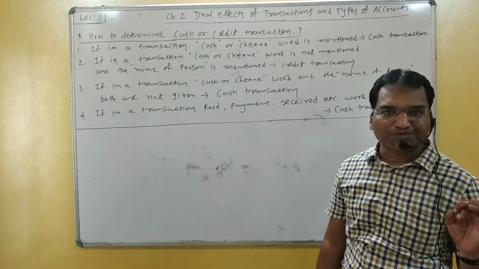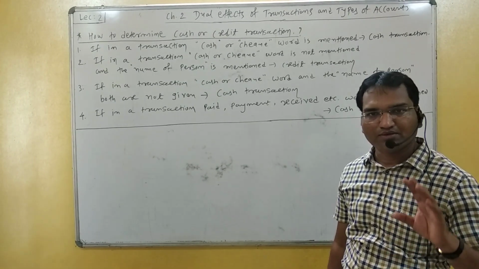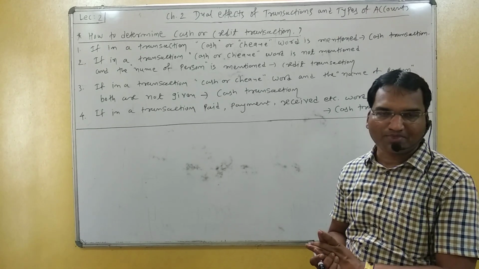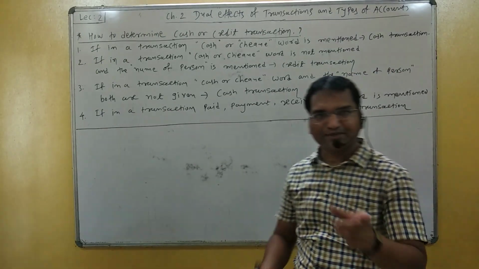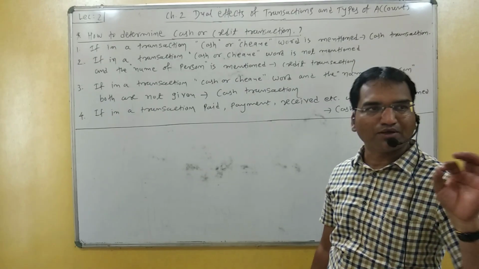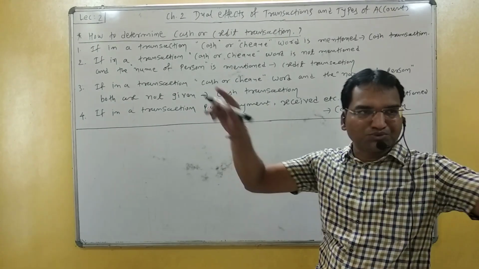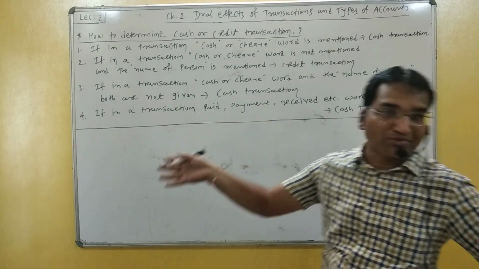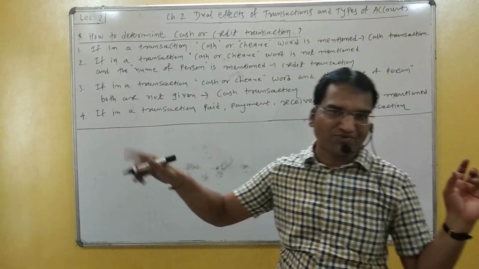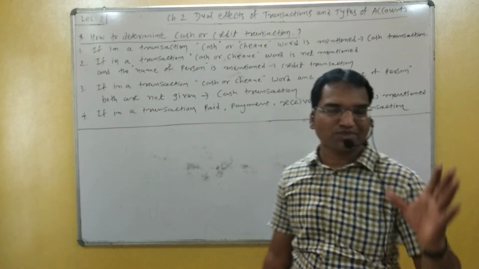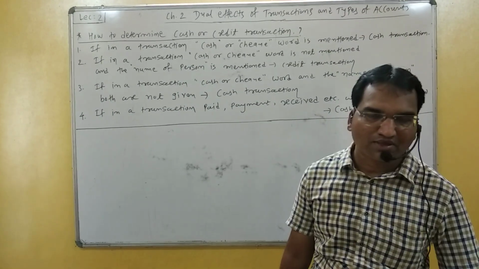As per our discussion from last lecture, we have started the dual effect of business transaction topic, and in this topic we have completed types of transactions. There are two types of transaction, mainly economic and non-economic transactions. Economic transactions can be classified into three categories: cash transactions, credit transactions and other transactions.